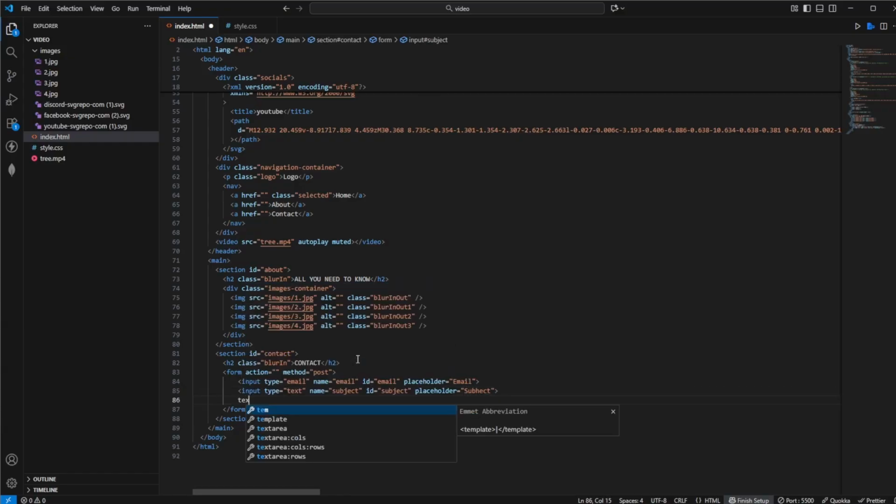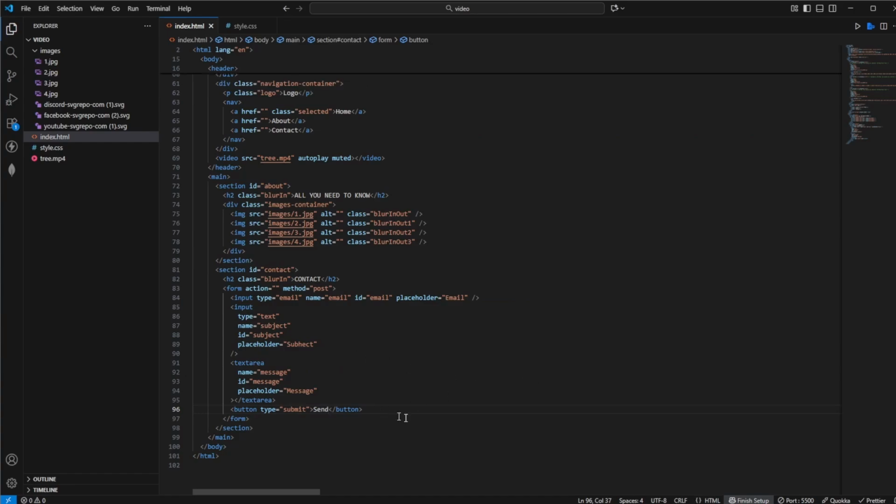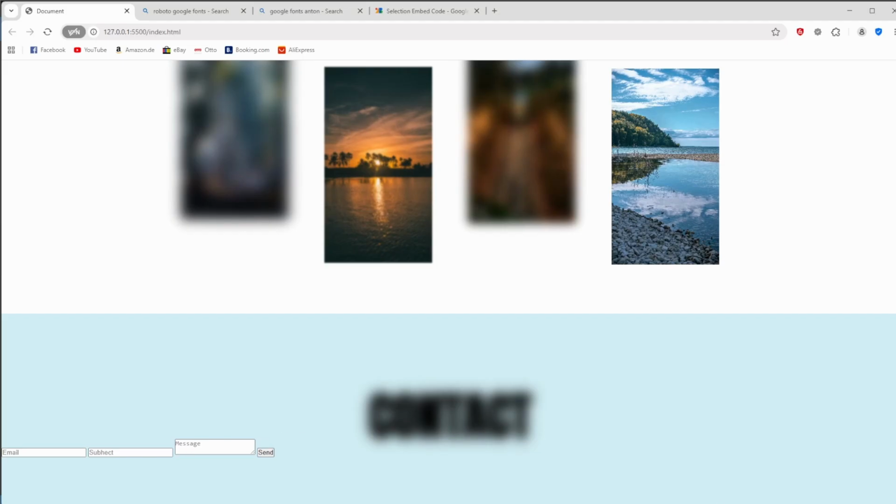And now we also need a text area so the user can type in some information that he wants to submit once contacting us. So we'll say name is message, ID is message, and placeholder can be message, for example. Now we'll also add a button to submit our form by using button : submit, and we'll say this here will be send, for example. So this will be used to send the message. So now we have this contact form,